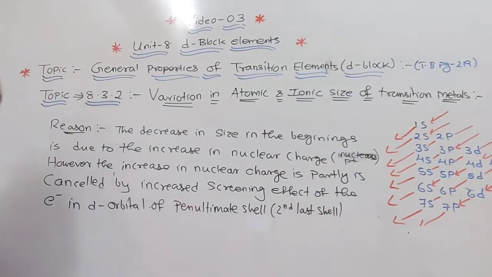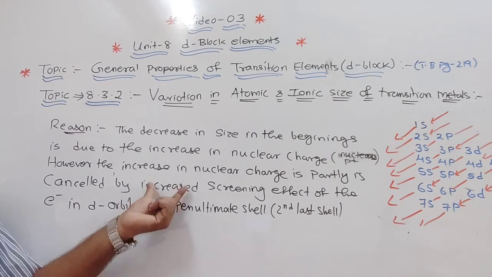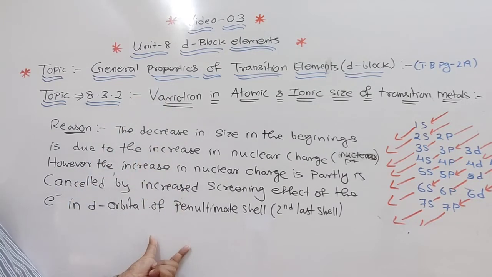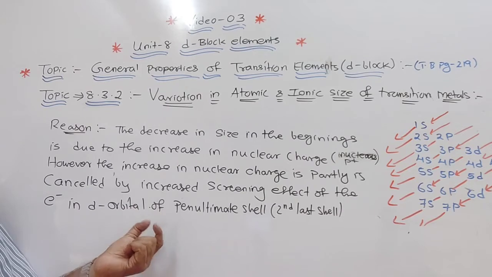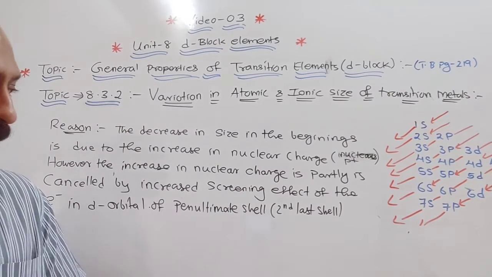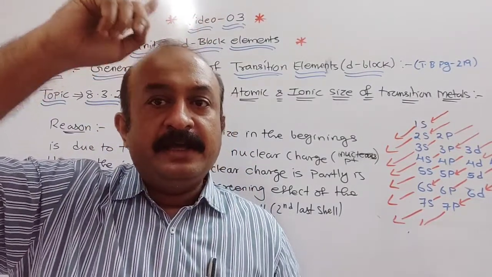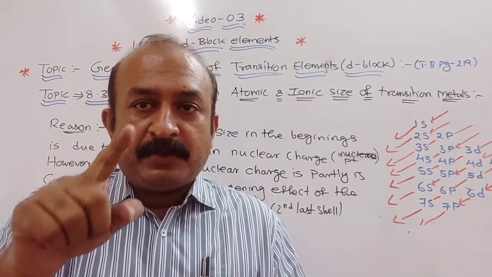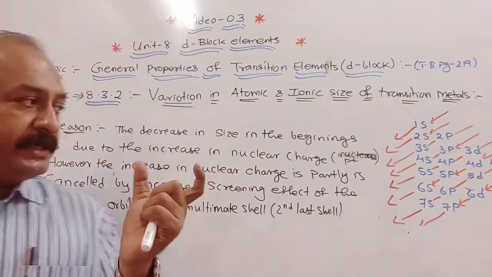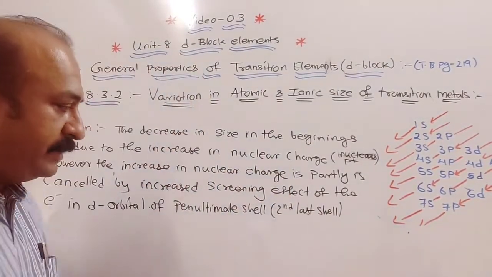I think I already explained this part in video number 2, if you remember. These d orbital electrons will shield between the outermost electron and the nucleus. So the attraction decreases, and then there is an increase in size. When the increased nuclear charge and increased shielding effect balance each other, you will see the atomic size remain constant. Now pay attention. When strong shielding is there, the attraction decreases and the atomic size increases at the end. That is the zinc case I explained. Why does it remain constant? When there is a balance between the nuclear charge and the screening effect.